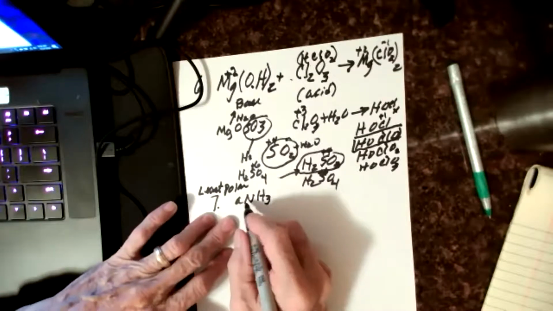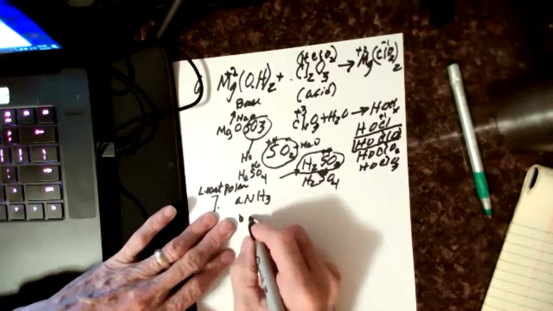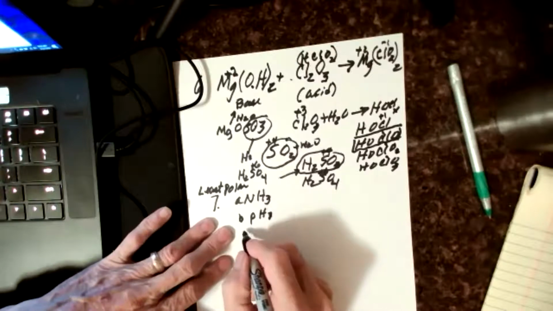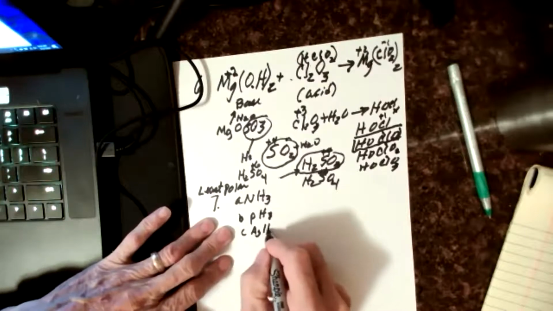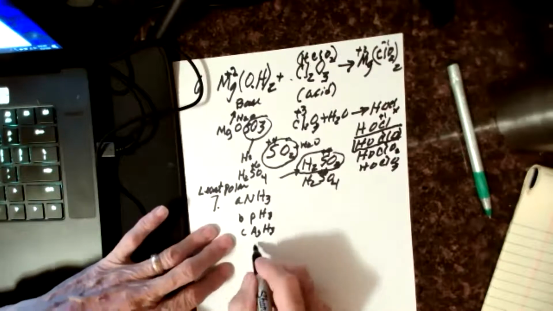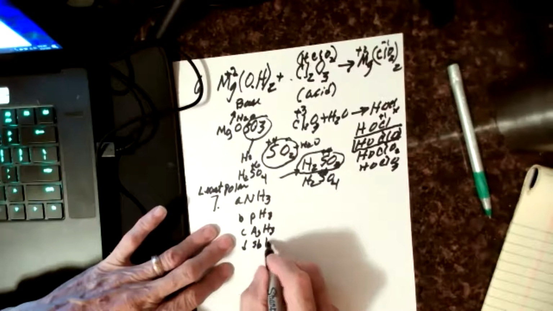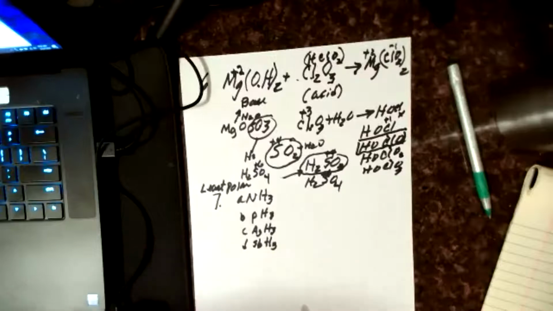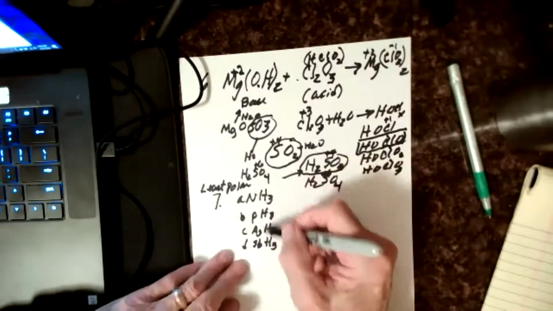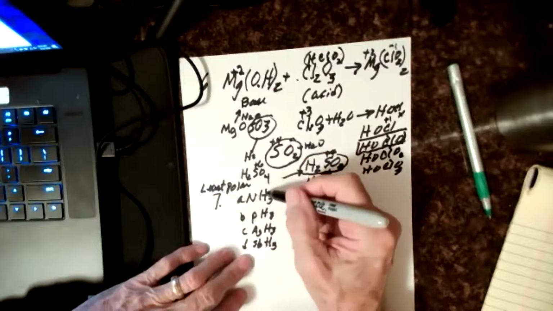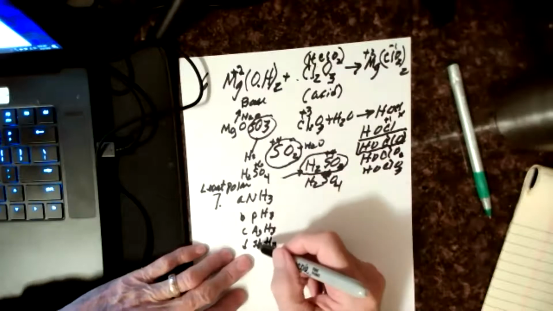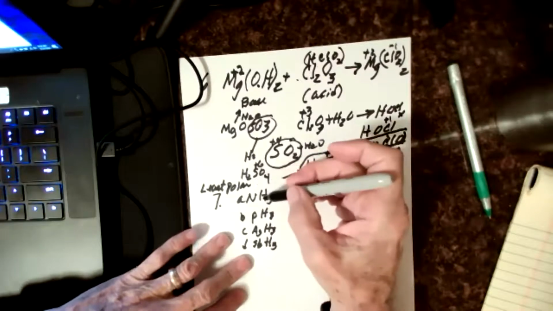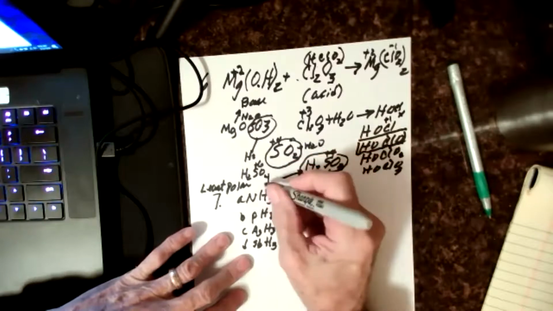So NH3 is A, B is PH3, C is AsH3, and D is SbH3. Now, you see they've all got the same kinds of bonds, don't they? They've got an NH or a PH or AsH or SbH. And the hydrogens are the same. Their electronegativity for all of them is